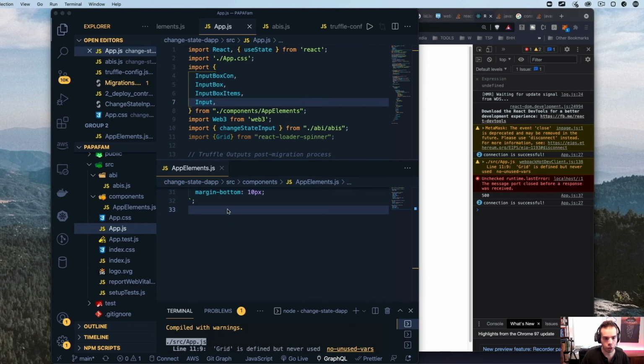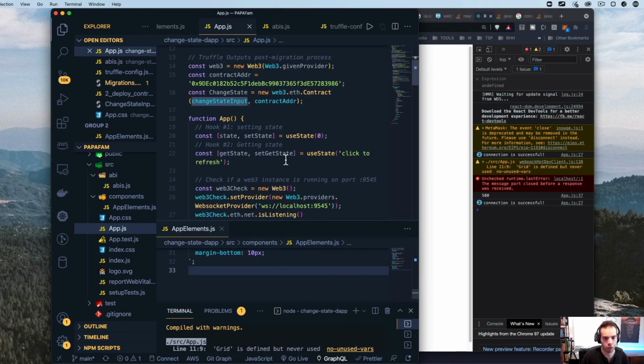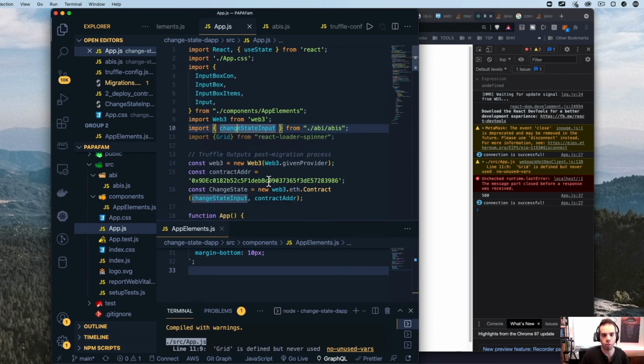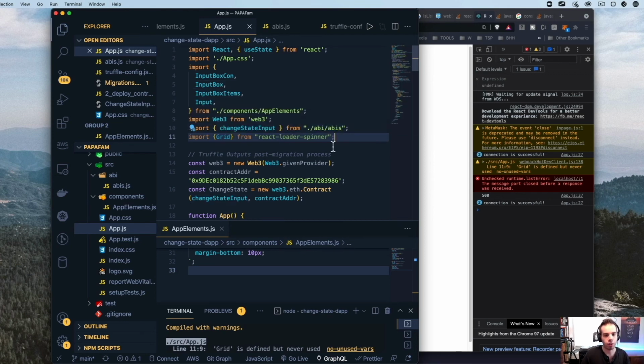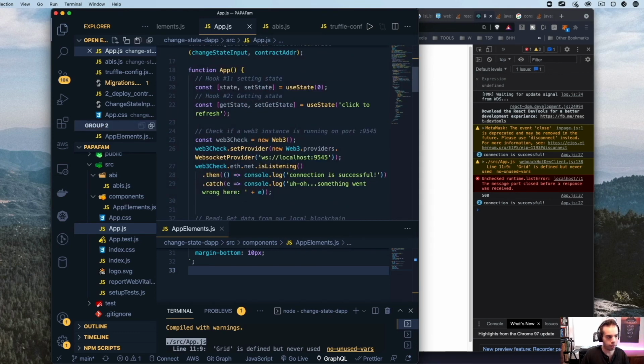So what we're going to do is a little bit of things with console log, and then we're going to actually build a visual interface. And you probably were wondering what the React loader spinner was for. So that's actually what we're going to be building for. But just bear with me while we go and do some things with the Web3 API.